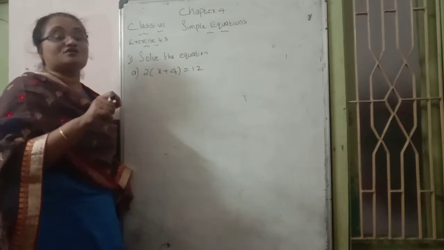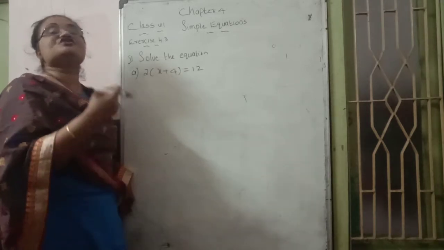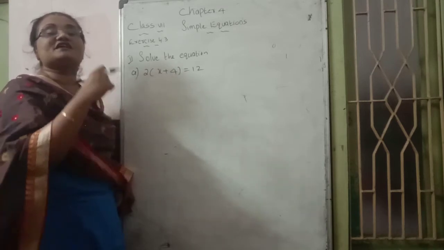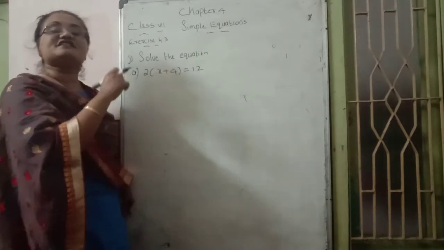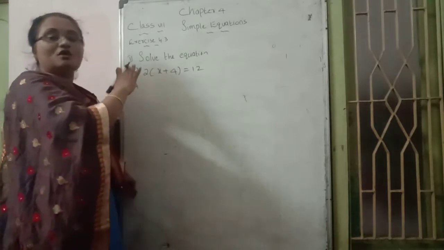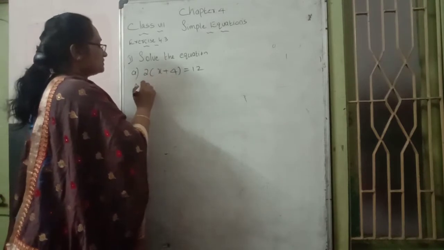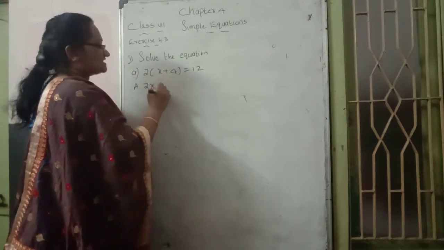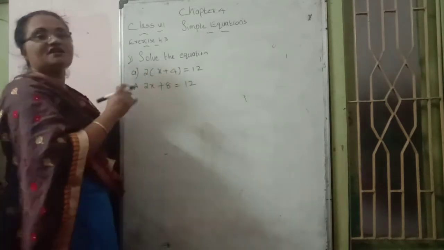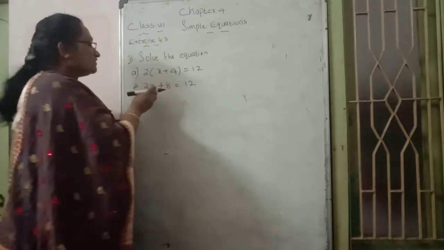A bracket-carrying question. So what we want to do is multiply the outside number to the inside, the distributive property of multiplication over addition, applied here. So the outside number multiplies to the inside; open the bracket and make it a correct equation. So 2 into x becomes 2x, plus 2 fours are how much? 8. 8 is equal to the right side number, 12. Now we get the correct equation. Then find out the value of the variable x.